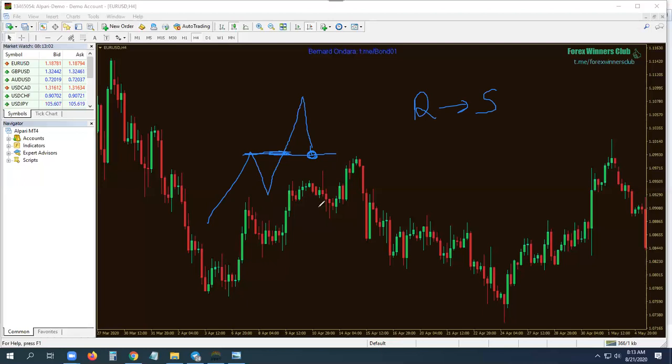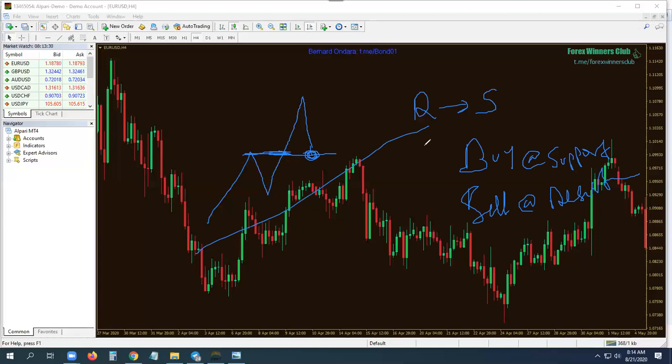What did I say we do in an uptrend? We only buy, correct? But where do we buy? At support. In an uptrend, we buy at support. In a downtrend, we sell at resistance. So when you wait for the market to break resistance and come back to support, you are actually following that logic of buy low, sell high. Support is the lowest level in an uptrend. So you are buying low.